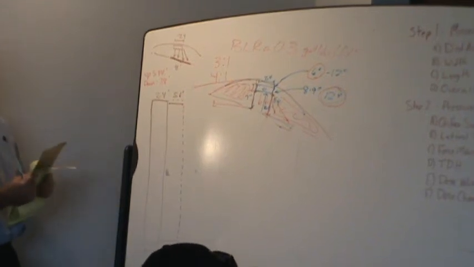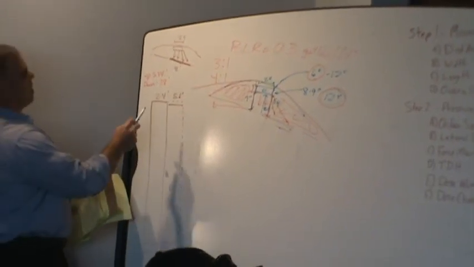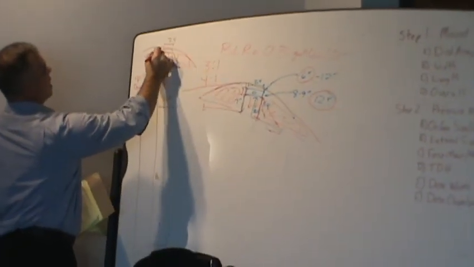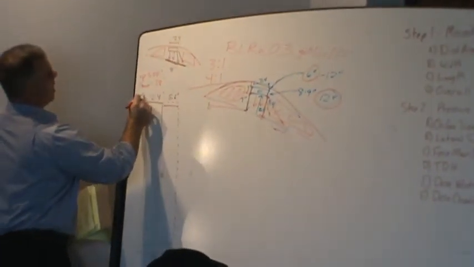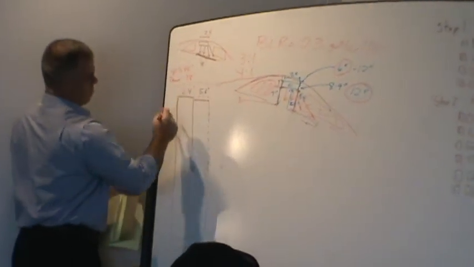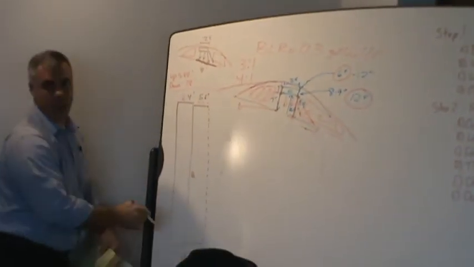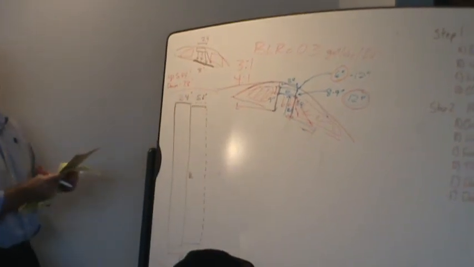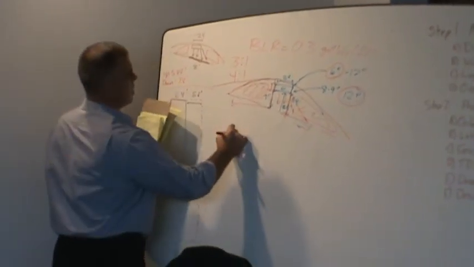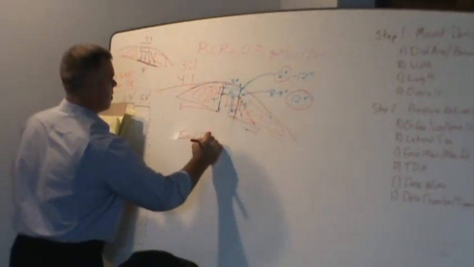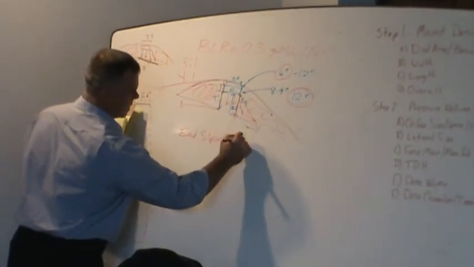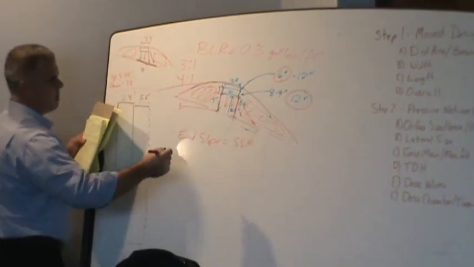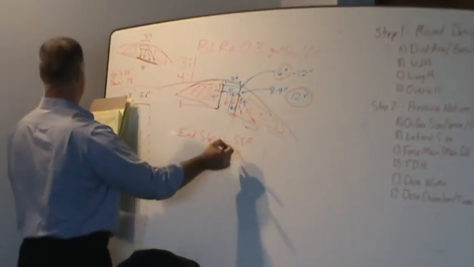End slopes. So now we figured out how much of this and how much of this. Now we've got to figure out how much to build the mound out away from the end of the system. It's done again very similarly. End slope equals the side slope factor, 3, times